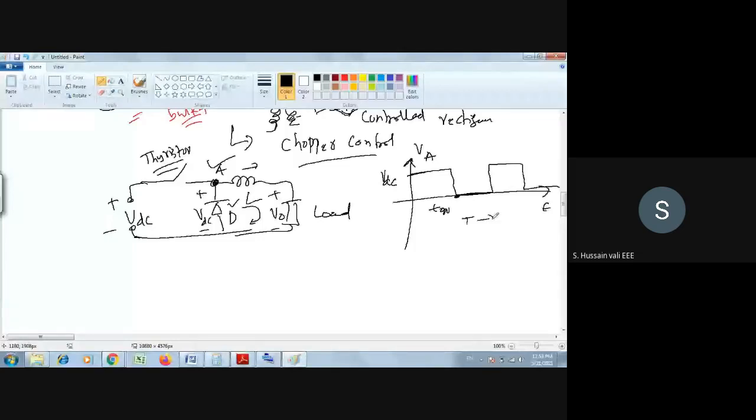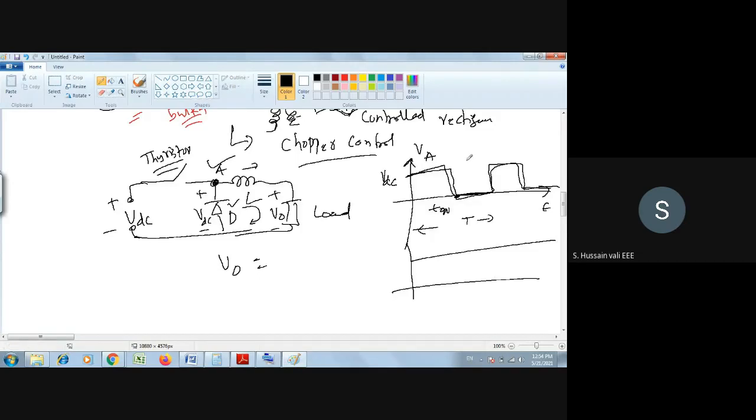Then what is this VA? This VA has to pass through the inductor. When it passes through the inductor, we get V naught, the load voltage. As the inductor is there, it only filters; it won't add anything. Since the waveform is like this, it is not a pure DC. With the help of this inductor, this DC may become like this.